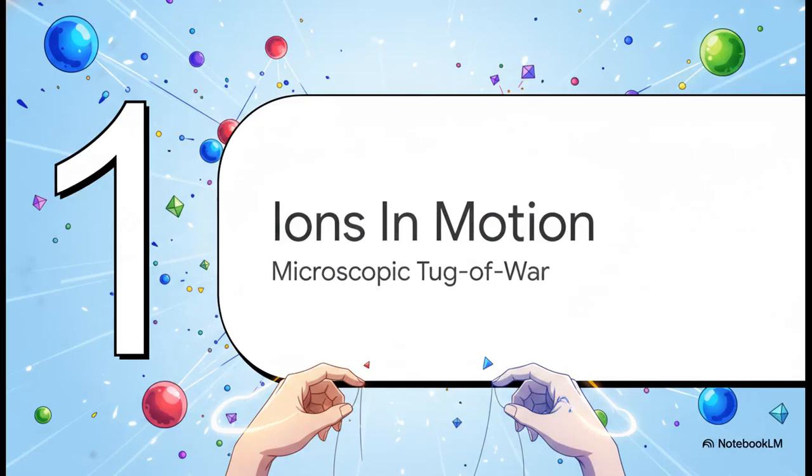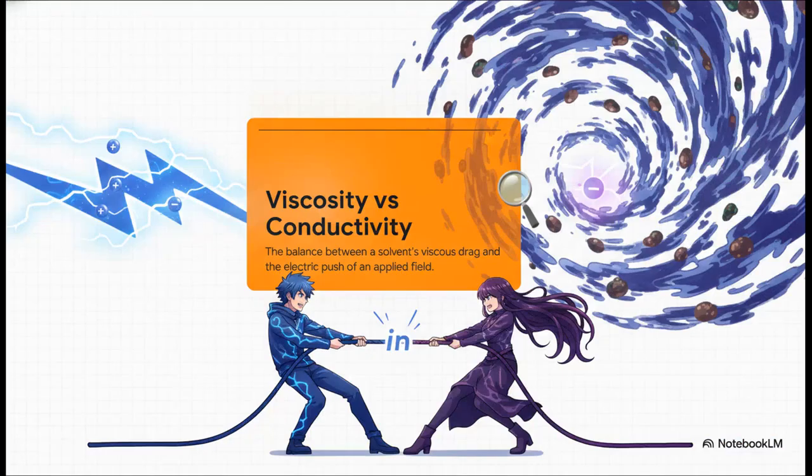Starting things off with part 1, ions in motion, the microscopic tug of war. Let's zoom way in and look at this from the perspective of a single ion to really understand the invisible forces at play here. Imagine a tiny charged particle just adrift in a vast molecular sea of solvent. When we apply an electric field to this, we're basically giving that ion a push. But it's definitely not a frictionless glide. The ion has to constantly shoulder its way through a thicket of solvent molecules. It's a literal tug of war between the electric push driving it forward and the viscous drag of the liquid holding it back. The steady speed it eventually reaches when those two forces balance out, well, that's what ultimately determines